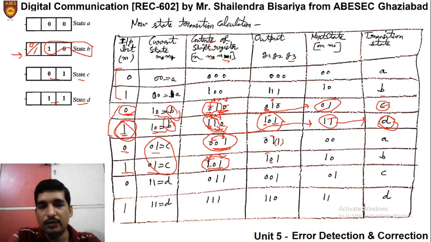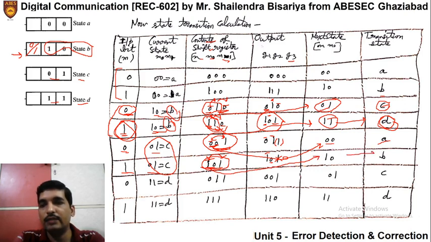that means we should write 1, 0, 1, that means 1, 1, so it should be 0. It is incorrect, it should be 0. So the corresponding output will be 1, 0, 0 in this case. Okay, then the bit position is 0, 0 here, so next bit position will be 0, 0. So that means next state for 0, 0 is A. Here these two bit position are 1, 0, so 1, 0 will be the next two bit position, that means 1, 0 will be the next state, that is B.